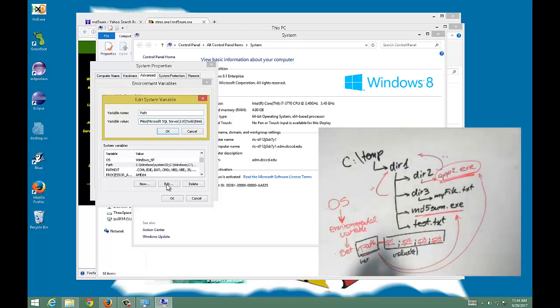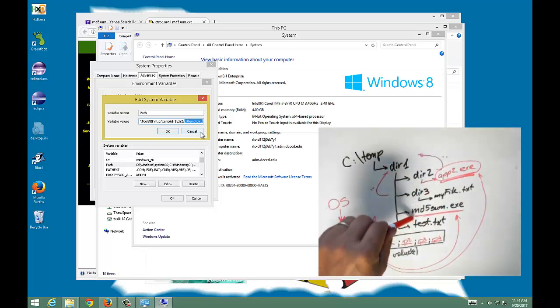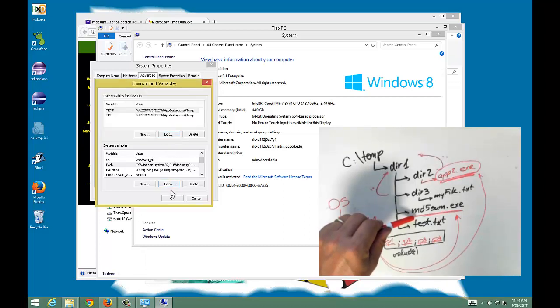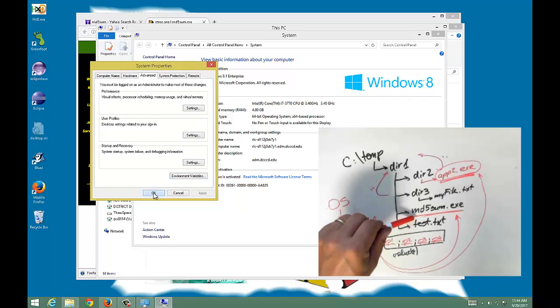The only thing that we need to do is to add the two directories, where we have app2 and where we have md5sum.exe, okay? And those paths are separated with a semicolon. So say okay, okay again,